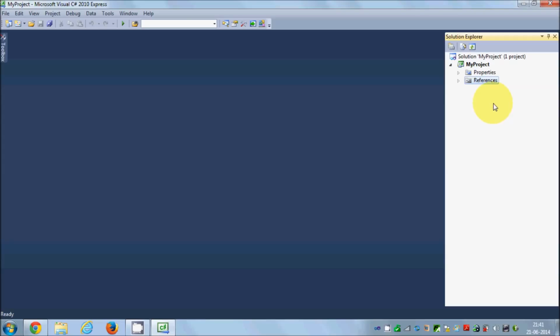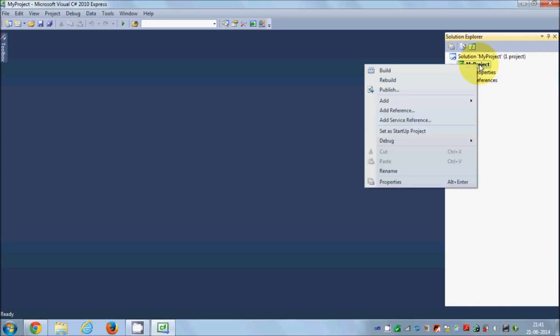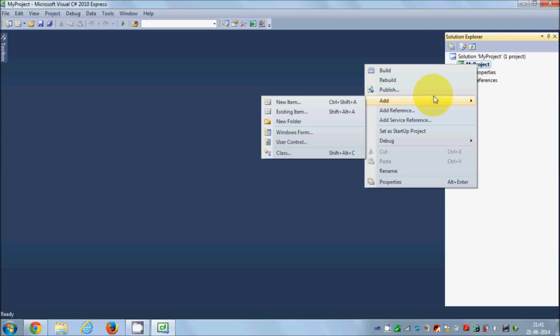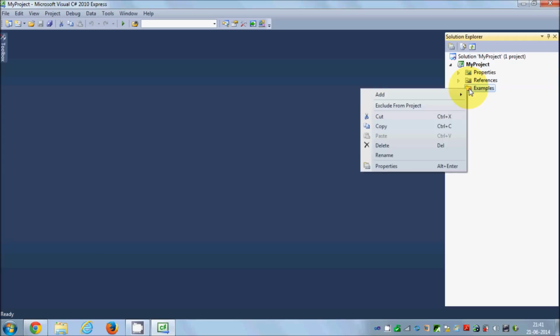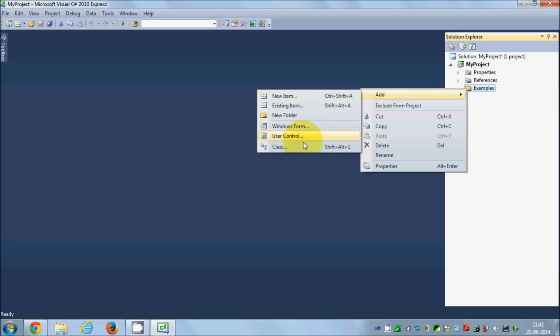Now for that, first of all I can create a folder in which I want to save my class. So I will go to my project and right click and say add new folder, and I will add a new folder called examples, right? And in this examples folder, just click this folder, and once again right click it, and we will add a class to this folder. So we will say add class,